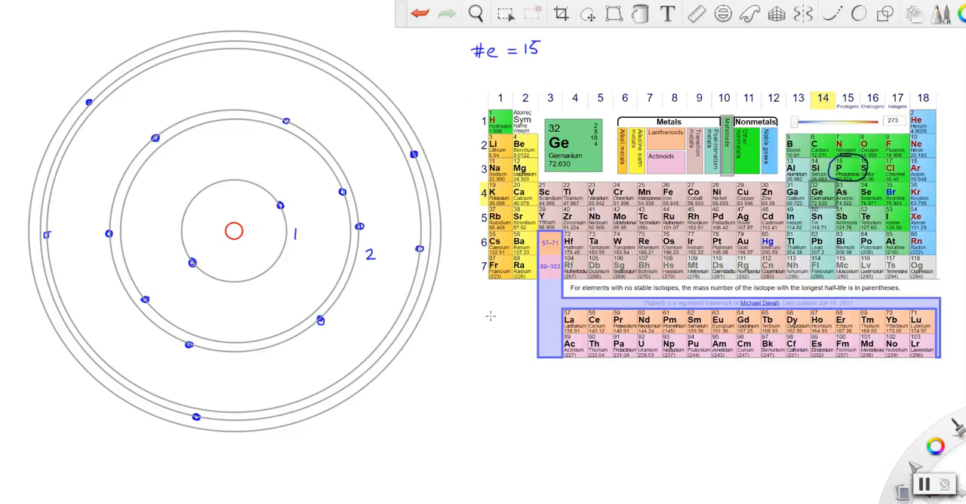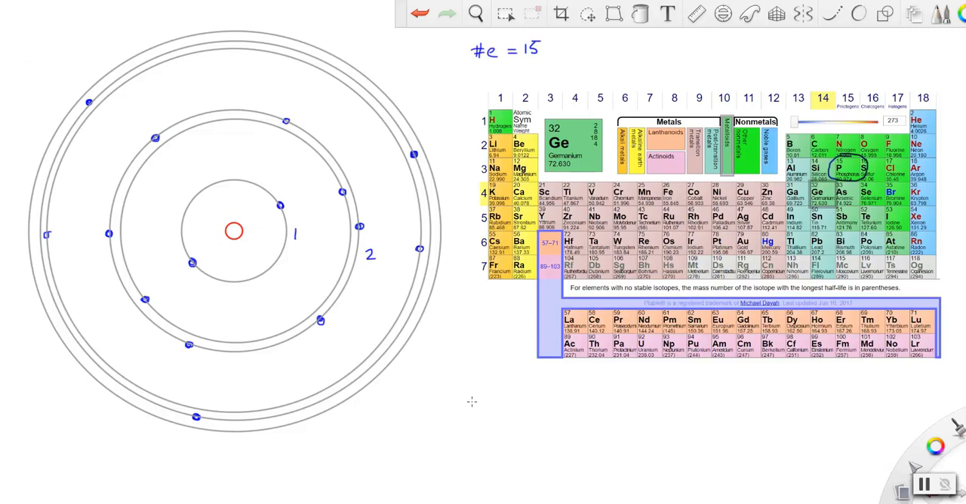So, okay, this is generally how we talk about filling these up. All right. Now there's another way to write that, and it's going to be quite important in chemistry because